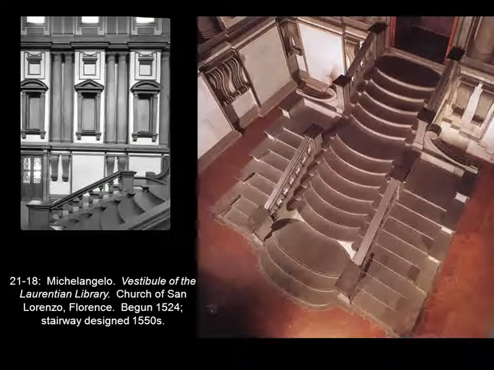It was a very difficult task because the vestibule, which we're looking at right now, is a very narrow and very tall space. It's like a two-story space, but it's very compressed and narrow. And then the reading room is long and low. So the artist had to think about the way those two spaces work together. So at first he's asked to design the vestibule, and obviously he needs to create a staircase to lead up into the reading room. You could see the door in the top right corner of your screen.